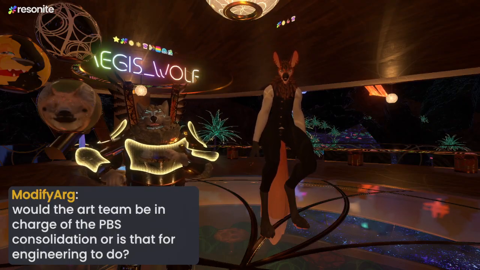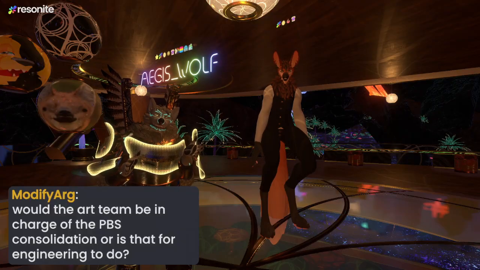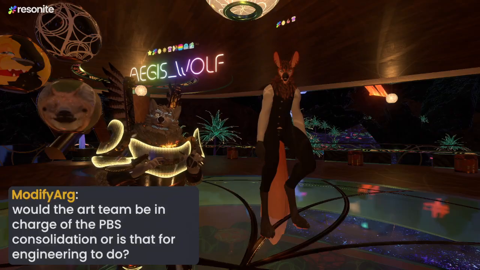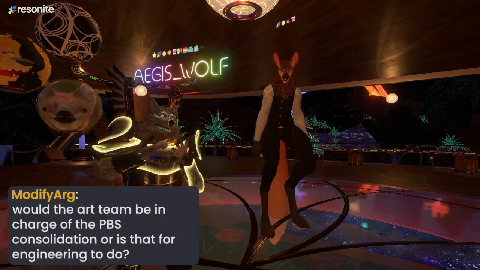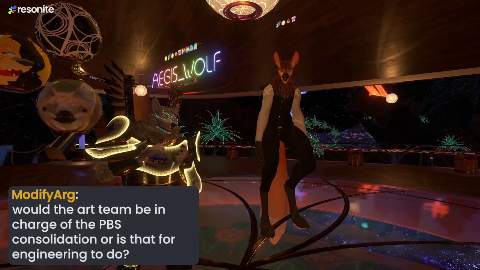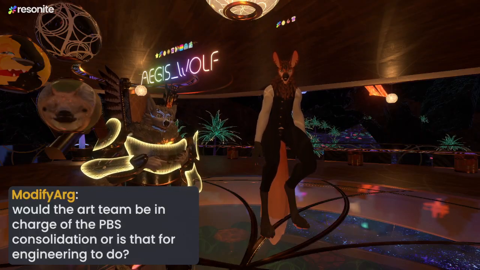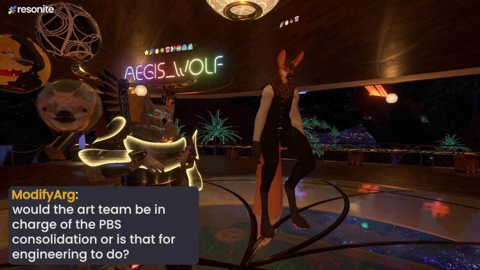All those PBS materials, imagine having just one material that has everything. And one thing that'll technically bring new features to Resonite, for example, if you're using a PBS material that doesn't have a detail normal or detail albedo map, you'll be able to have that at that point, because it's pretty much just adding all those features into one.